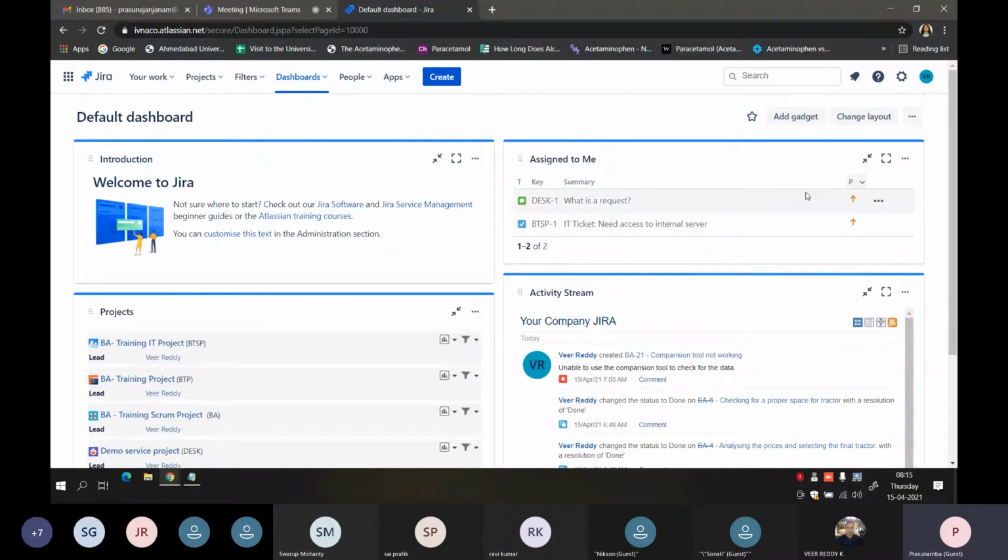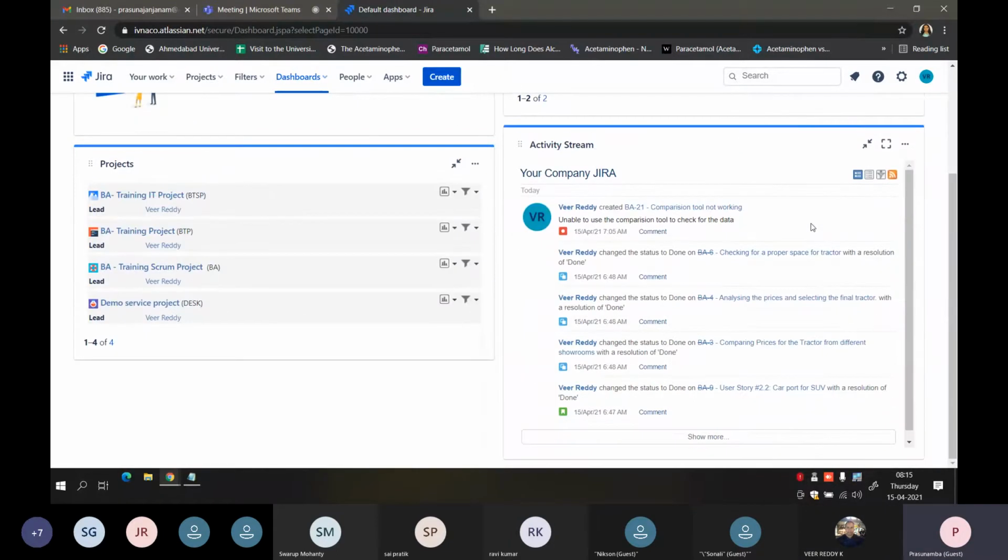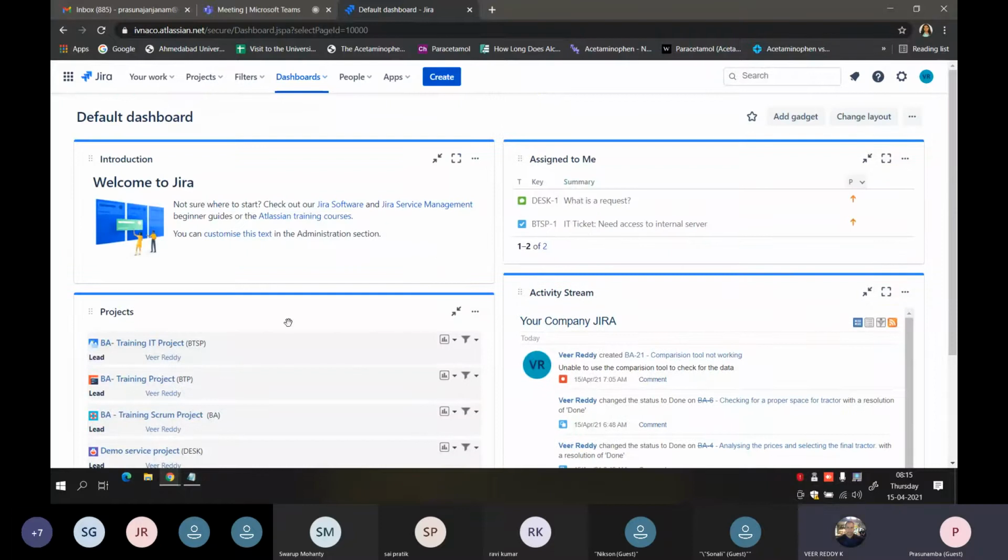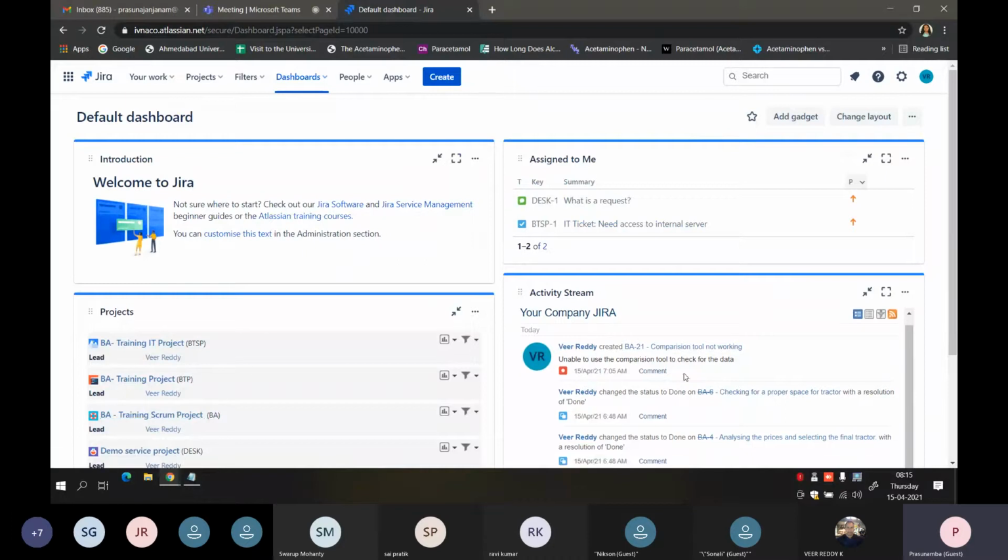Then you have this activity stream: whatever activities have happened, the recent activities show up over here. So the dashboard gives you an overview of what tasks are assigned to you, what projects are present, and what activities have been happening for the projects.